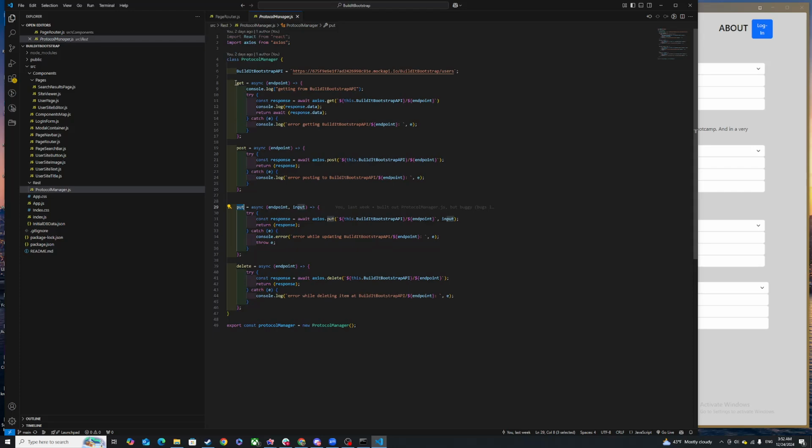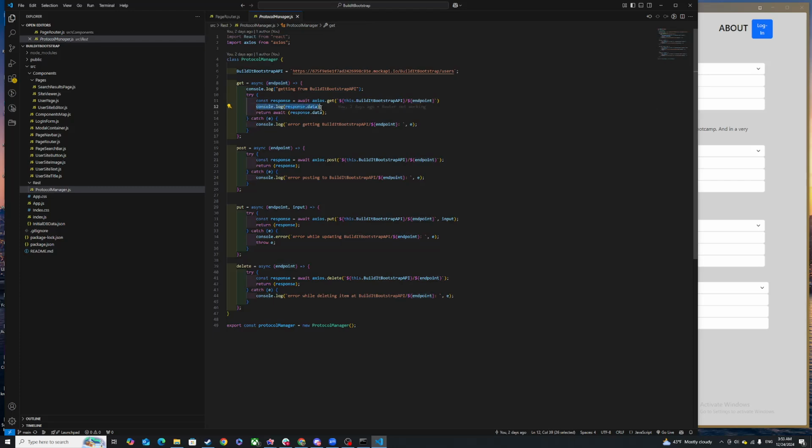But the basis for this is the get function is an asynchronous function. It takes the endpoint that we're looking for, and right now for most cases we're going to be looking at the index of 0. That is pretty much the lowest you can go, the most specific you can go on mock API /users. So we await an Axios get where we look at users and then the endpoint,